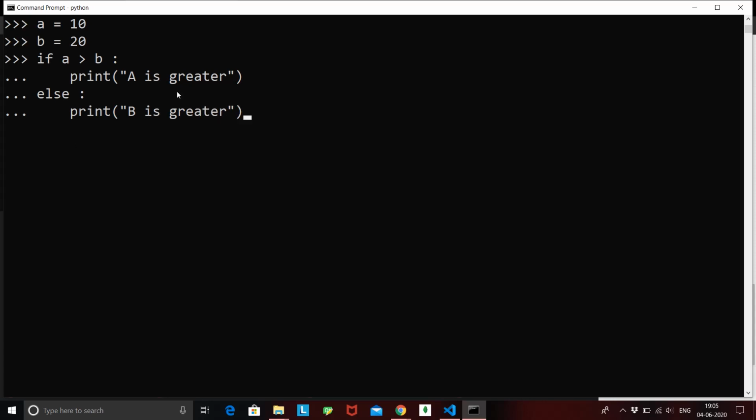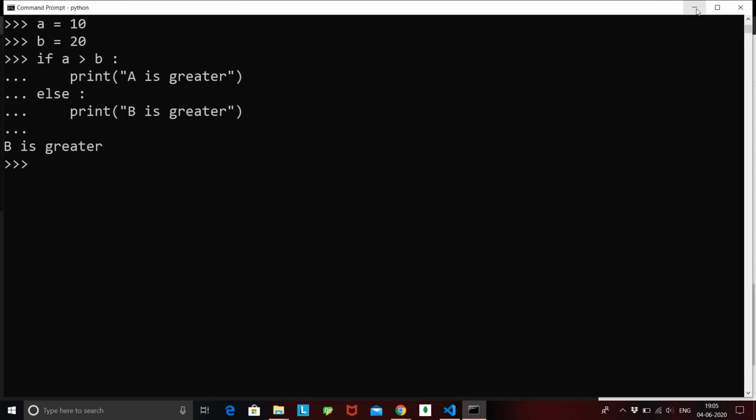Okay, so this is how basically you do inside the console. You write your statement, give a colon. The colon specifies the start of an indentation block, then you give a tab, and then you write whichever command you need to write. Then you give a statement, again a colon, and the Python interpreter will not run the command because, due to this indentation block, it knows that something is coming up. After I am done typing, I'll hit enter, and I'll hit enter again because now I am done with my logic. If I hit enter, I'll get B is greater because obviously B was greater, so the else statement got executed.